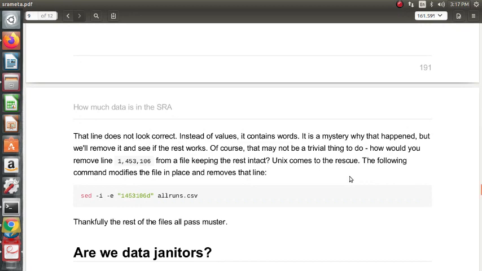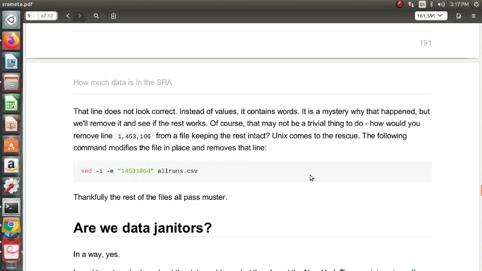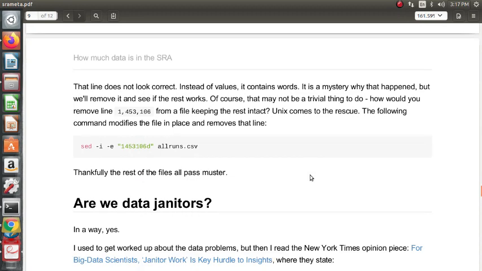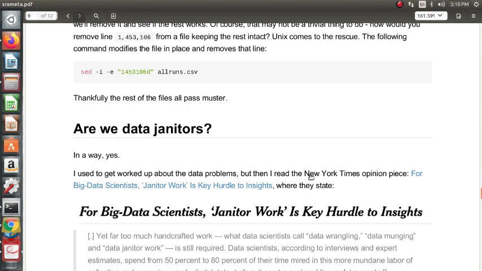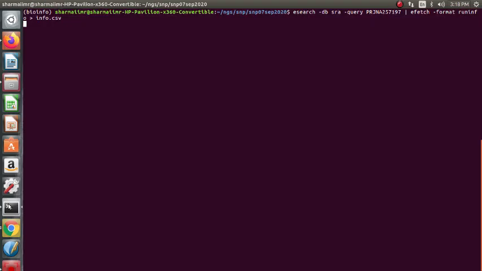So how do we remove line 1453106 from a file keeping the rest intact? Unix comes to the rescue. We can again use sed with the qualifier -i command. You can use the qualifier -e to just take it out as follows: 1453106d. Thankfully the rest of the file must all pass. Okay, is this downloaded? Let's see. Okay,